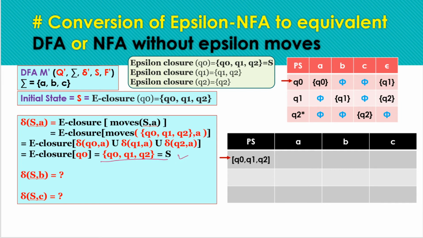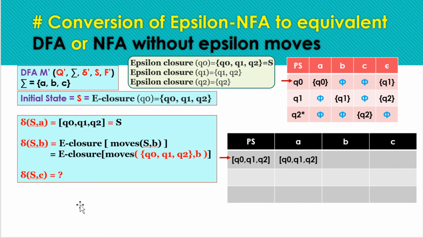So we are getting the same state for input symbol A from the initial state, meaning we have a self loop at the initial state. So here we just write the initial state as the transition for input symbol A. So we have a self loop at the initial state, right? We have to repeat the same process for input symbol B. Next we have to find the transition for input symbol C. This is the same process that we have to repeat again and again.